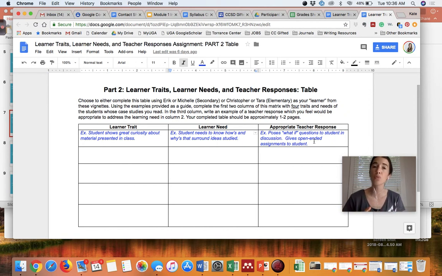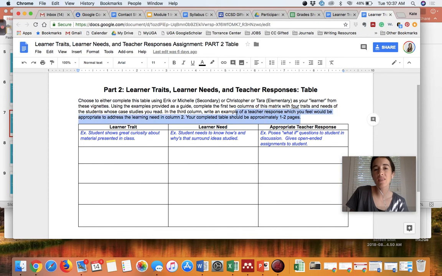Some of your reading in Chapter 1 and Chapter 2 of your Davis and Rim textbook is going to start to give you some insight into that. I think even Chapter 1 is titled Matching the Needs of Gifted Learners or something. On these assignments, I try to give you a guideline that you want to at least list at least 4 traits and 4 needs and 4 responses, and make sure that the need goes with the trait and the response also goes with the trait, so you read it horizontally.